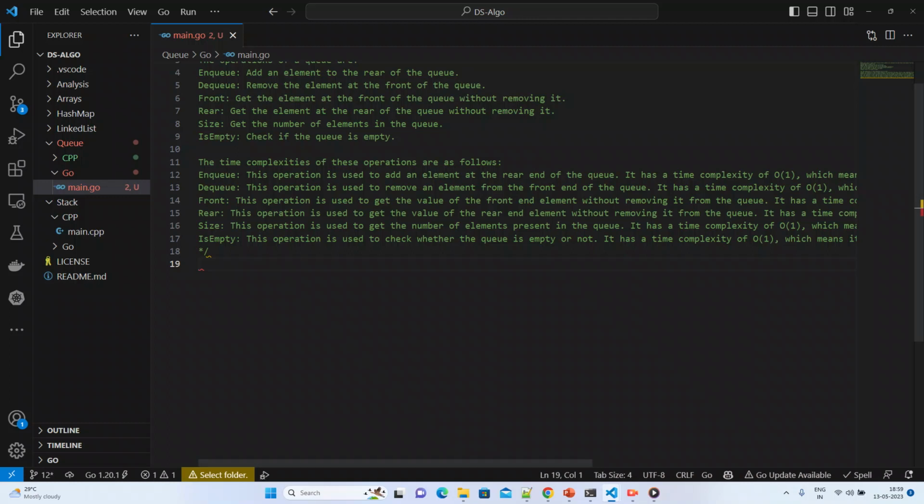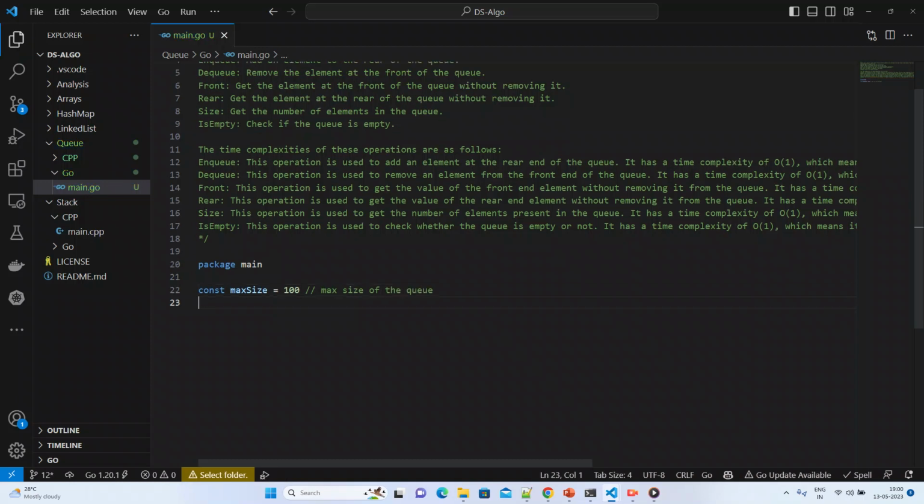Okay. So what we can do is create a package main, and I want to make a const for the size, max size of the queue, which is 100. Okay, perfect. So we'll create one struct of type Queue,